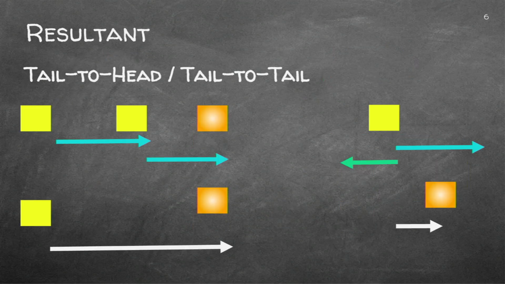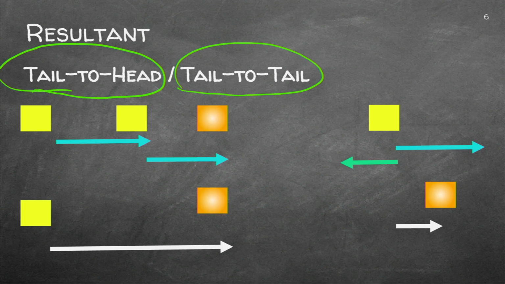Right, how do we represent vectors? With a tail or a head? Or we can add them with tails and tails. Remember, we drew an arrow and we said this is the starting point and the arrowhead will be the final destination. So I've got 10 newtons there. I've got another 10 newtons there. The resultant will thus be 20 newtons to the right.